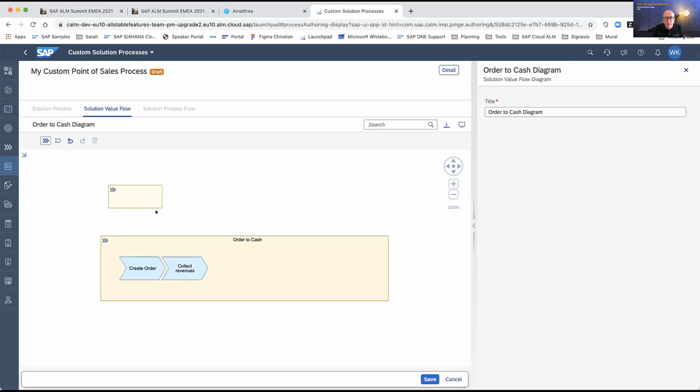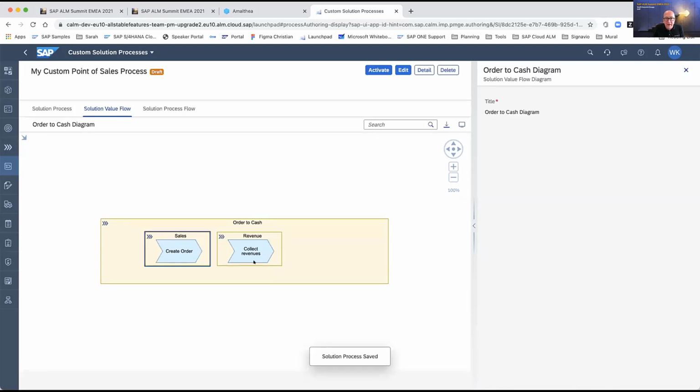I can also model, if I find it appropriate, sub processes, and I can add those activities to the sub processes to make it a little bit clearer. This is the revenue part. This is the actual sales part. So then I can also structure my processes. This is the actual sales, and this is the revenue collection and reporting part. So I can now describe the scope of my process.